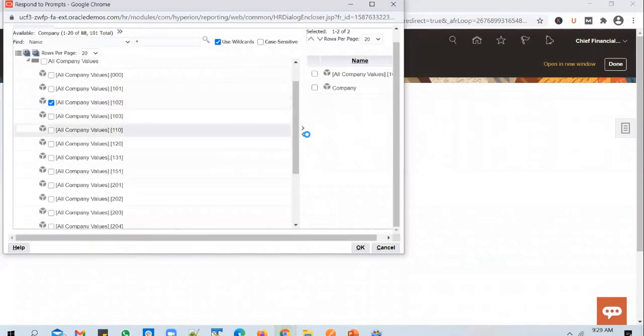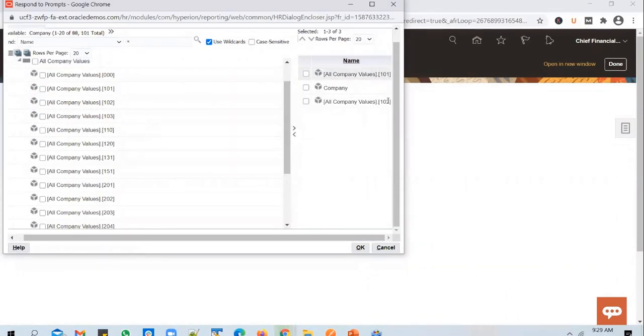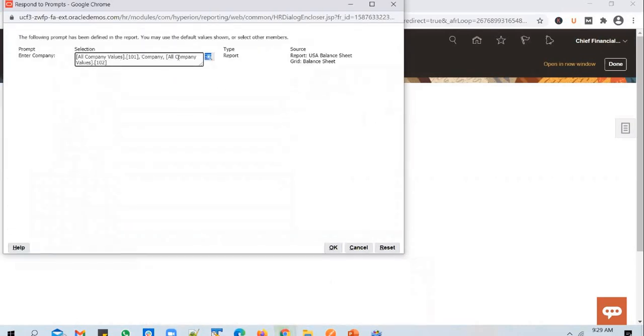It's okay. Select 102 and add it in. So apart from the default values of 101 and total company, I've added 102 as well now. Click on it. And I have three companies selected now, 101, 102 and total company. Click OK.